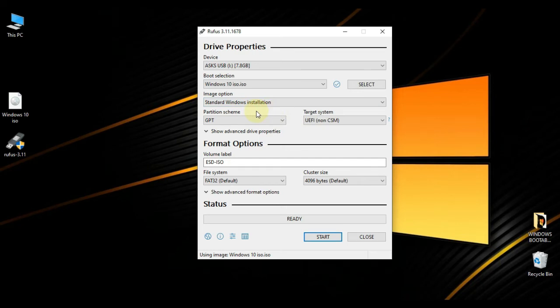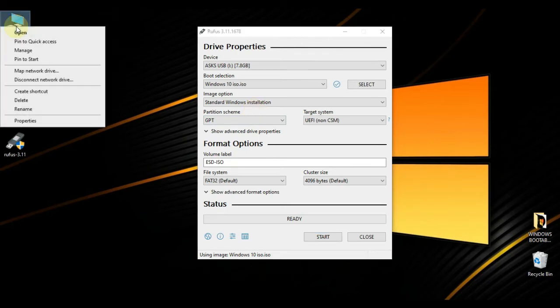Friends, here comes an important concept: partition scheme. Friends, if your hard drive volume is GPT, then you must select GPT in this drop down menu. But if your volume partition scheme is MBR, which means master boot record, then both GPT and MBR will work for you. In order to know your partition scheme, right click on this PC,